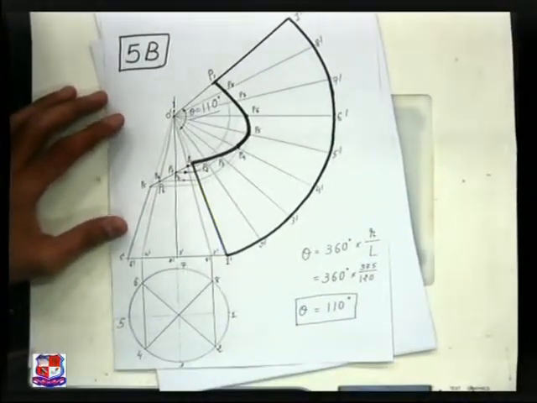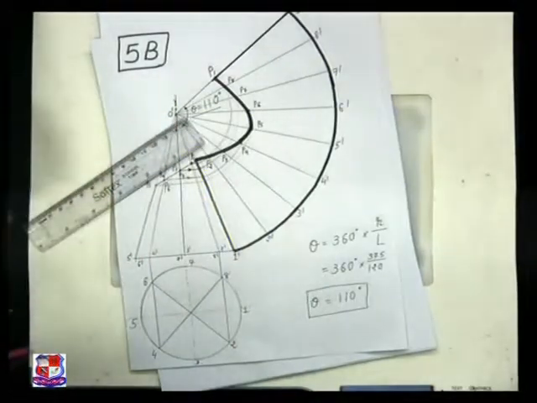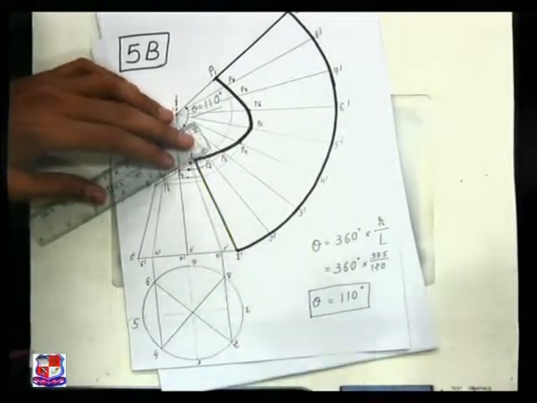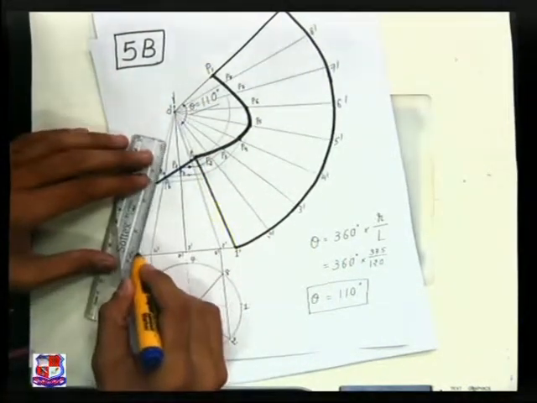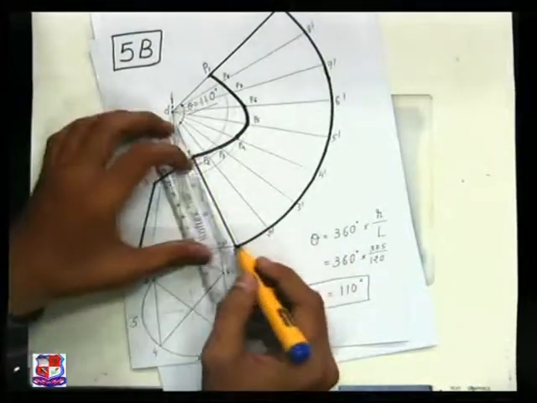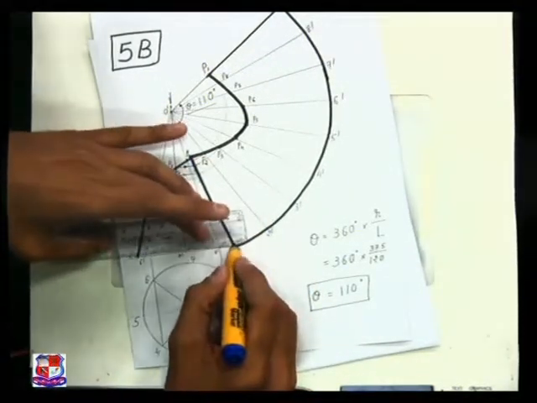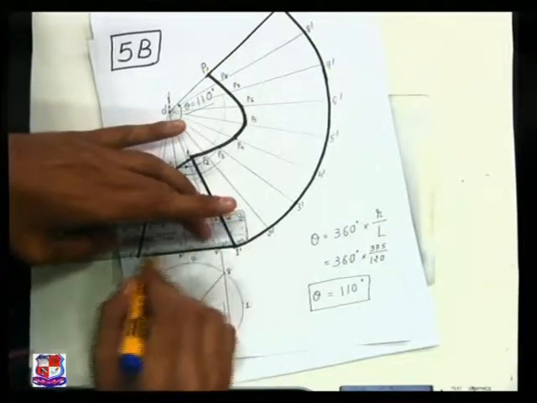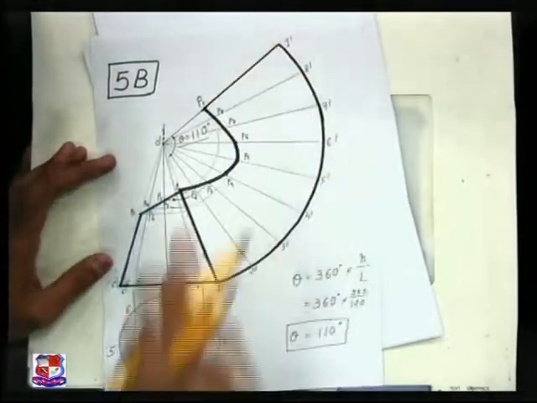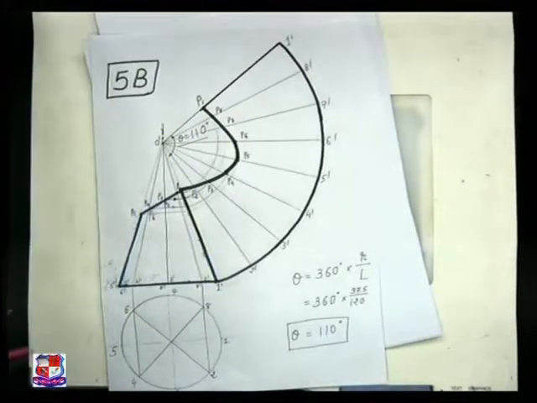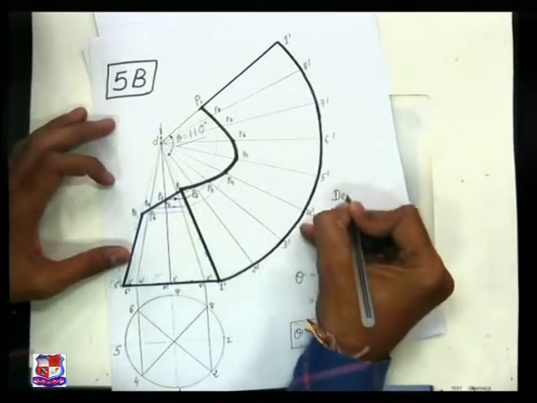So this is the solution of the given problem, and this is the portion which is given in the data. It is blue colored like this. So in short, if the cone is cut like this as shown in blue colored, its development would appear as shown in black colored. This cone is developed, then this would be the answer of the problem. And right here the answer, this is development.